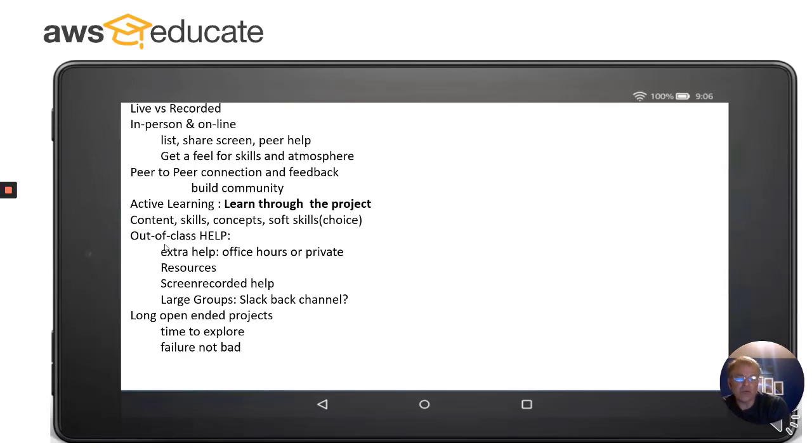And that's what long open-ended projects do, because there are deadlines and there are points at which you have to make progress. I'm not saying that, but the timing isn't nearly as much of an issue, which unfortunately affects many elements in education when it doesn't need to. Okay, so